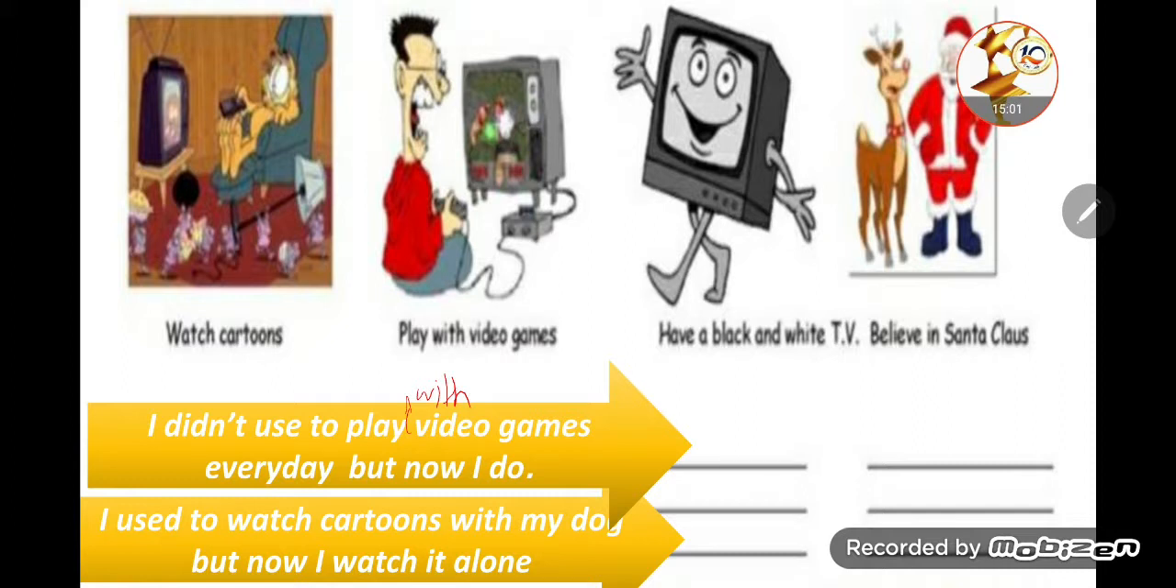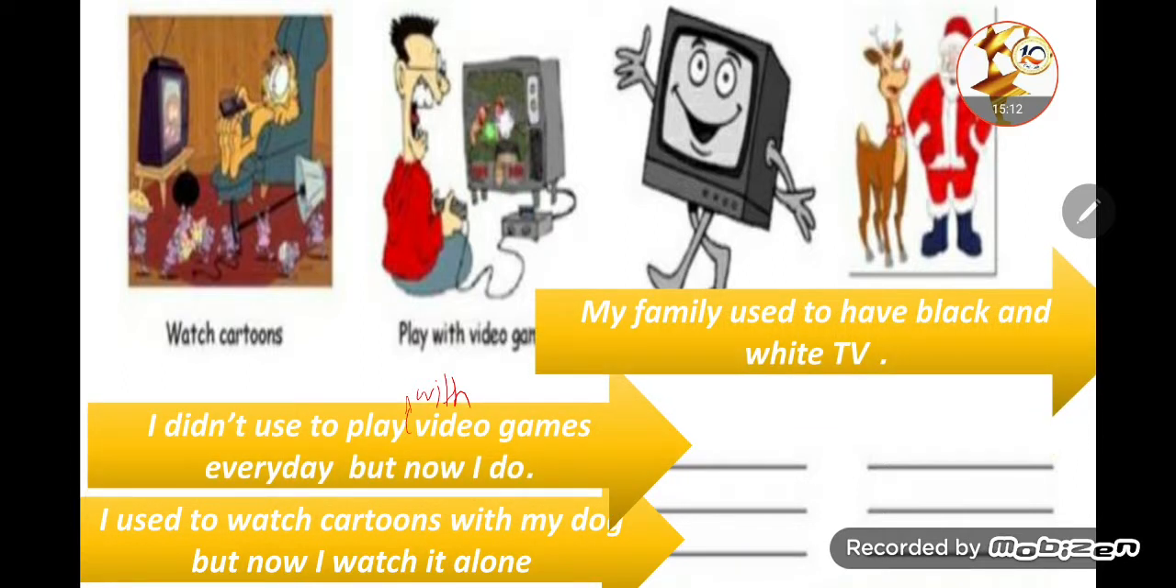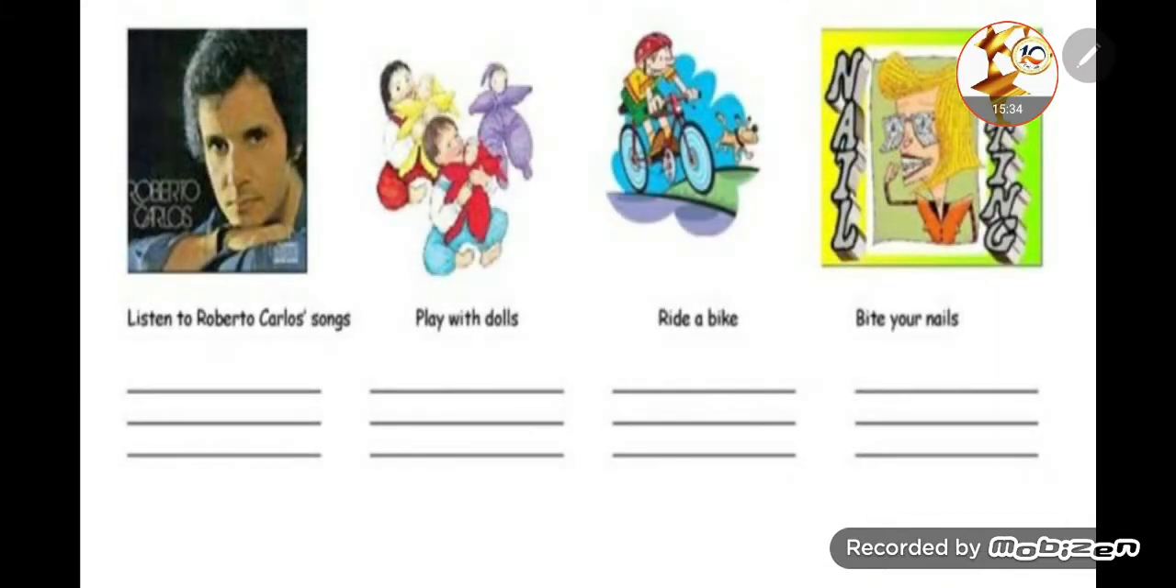Have a black and white TV. Of course, this is not you. We can talk about my parents, my grandparents, my family, and so on. We use it like when I say my family used to have a black and white TV. Past habit. Let's come to Santa Claus. When I was a child, I used to believe in Santa Claus. When I was little, I used to believe in Santa Claus. Now the last four pictures: listen to Robert Carlos songs, play with dolls,